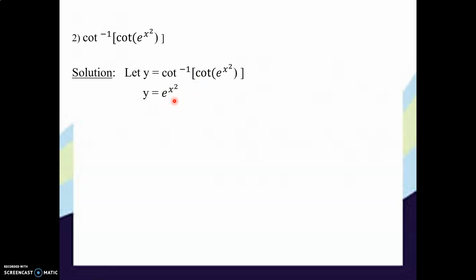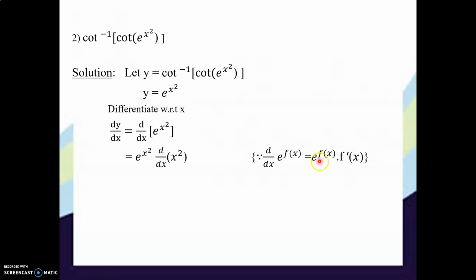Now we have to take the derivative. We know that derivative of e raised to x is e raised to x itself, but here it is in the format of e raised to x square, that is e raised to f of x format. So derivative of e raised to f of x is e raised to f of x into f dash x. So e raised to x square into derivative of x square you have to take. This is x raised to n format. So 2x into e raised to x square is the final answer for this question.